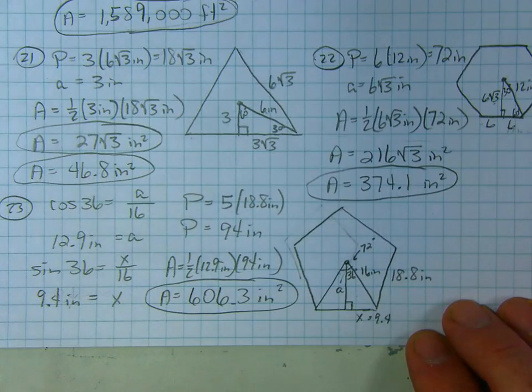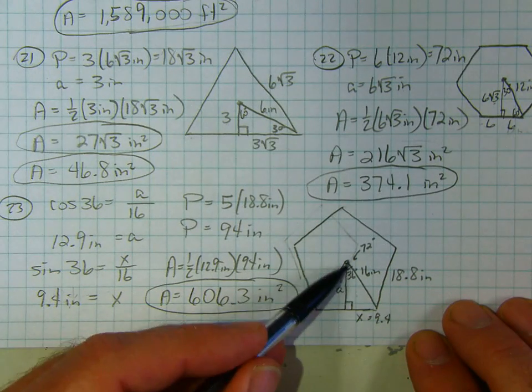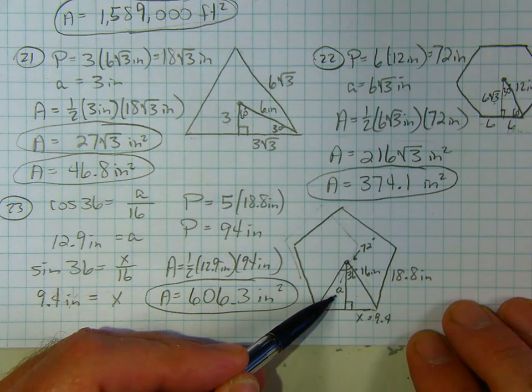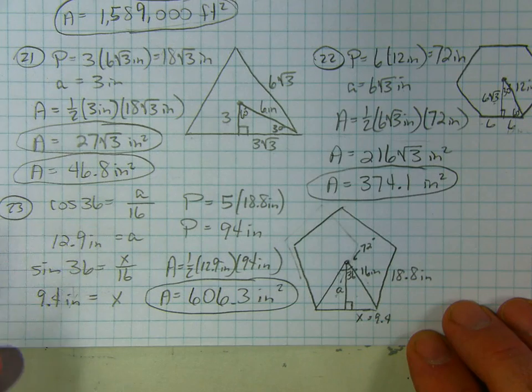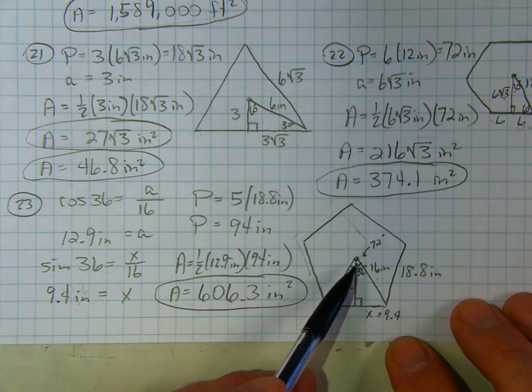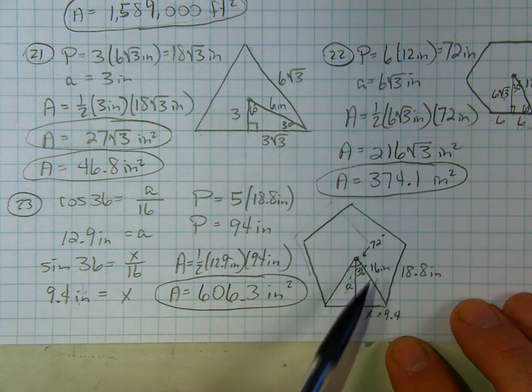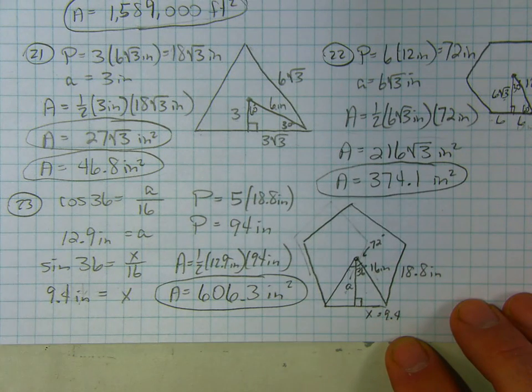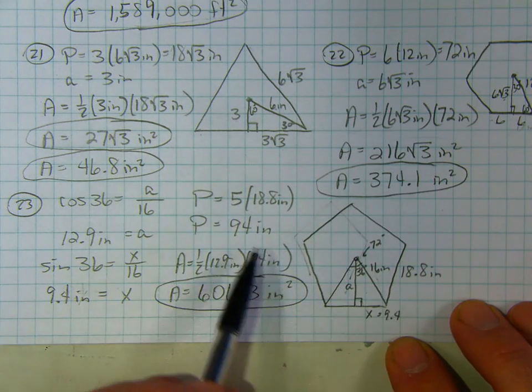They gave me the length of the radius, which is 16, which is the hypotenuse of my triangle. So I got to find the apothem, which requires me to use cosine of 36 is a over 16. 12.9 is the apothem. To find the length of the side, I have to use the sine, opposite over hypotenuse. The sine of 36 is x over 16, so x is 9.4. That means the length of the whole side is 9.4 times 2, which is 18.8, times 5 would be the